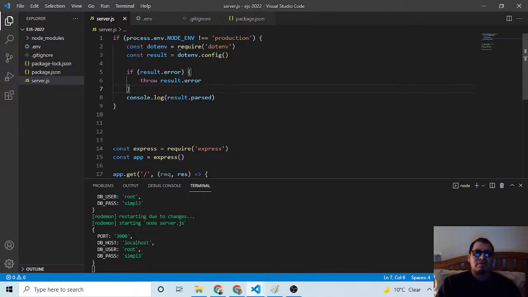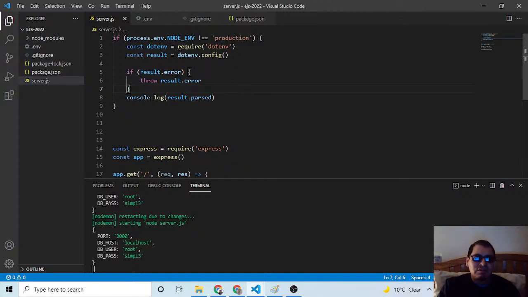That will give me something, another object. If there is an error with the configuration, throw an error. If there is nothing, just show this. Okay, so this is very good if there is any error with the configuration. Basically, that's what this means.